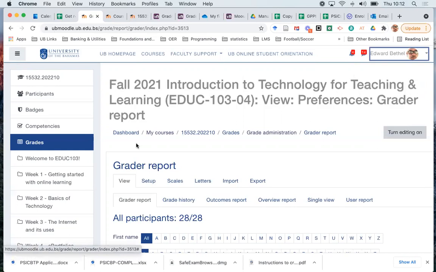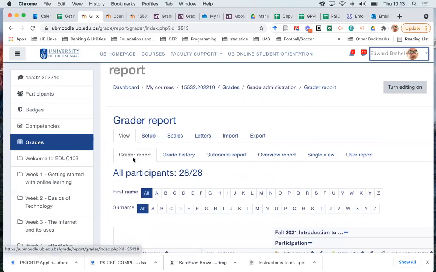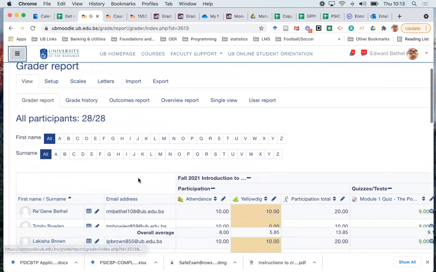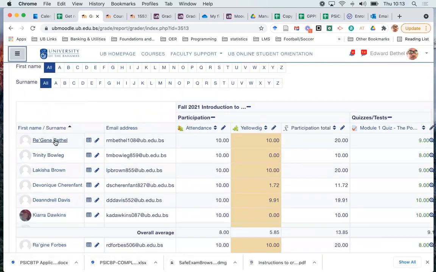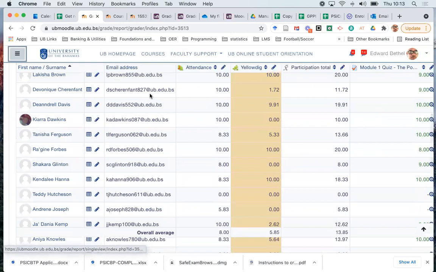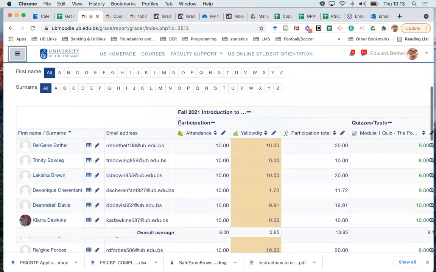Good. So now that I've opened up my gradebook, note that there are two lines of choices in your gradebook. The first is the view section, and by default, your gradebook will always open to the view that shows the grader report. So what's the grader report? Well, the grader report really is just Moodle's way of talking about a gradebook spreadsheet. In other words, down the left column, you have all of the student names and in fact, their email addresses. And across